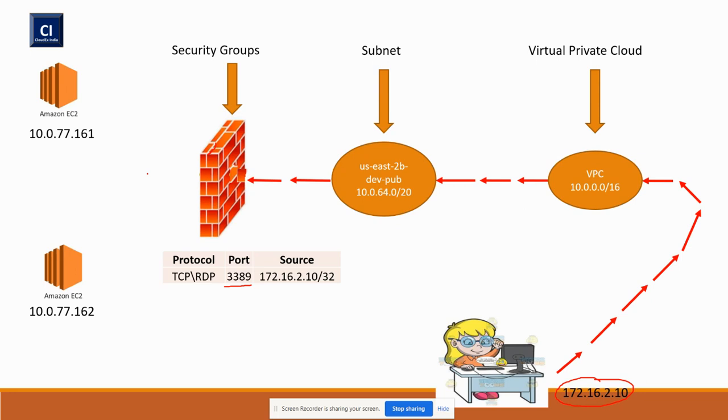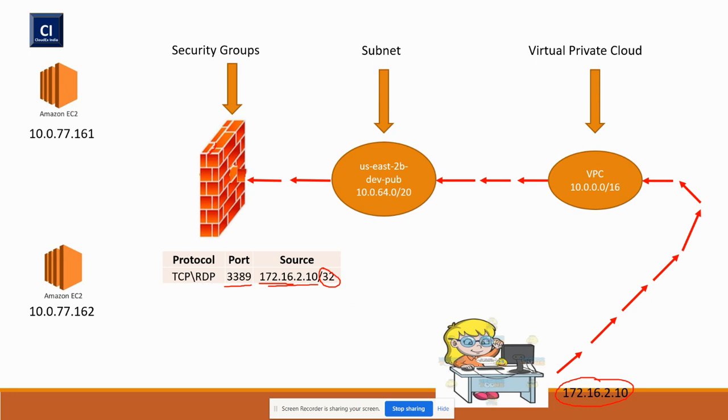Before hitting the instance, there is a security firewall. It reaches the firewall, and first of all the firewall verifies whether the ports are allowed, and whether this particular IP is in our list or not. There are two options, either you allow the complete subnet, you can mention 172.16.2.0 and then define the network mask here, or you can specify a single IP as I did.